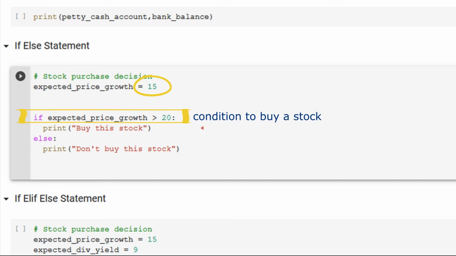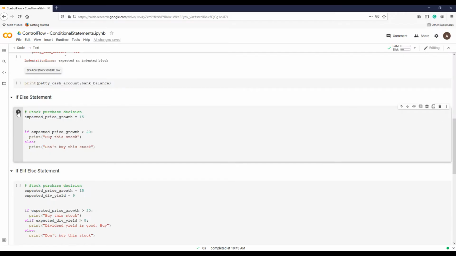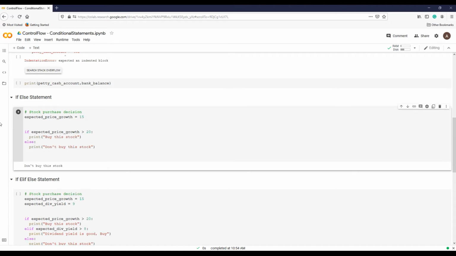If this is true, then this code block will be executed. But as in this case, this is not true, so Python will skip the if statement block and run the else code block. In this situation, we already know what the result of this code should be. Let's run it to confirm our understanding. And there you go.